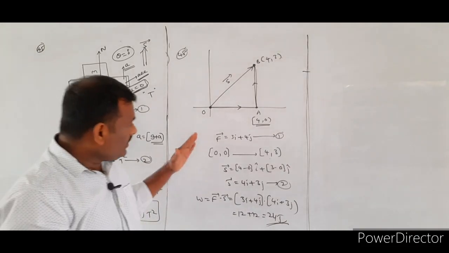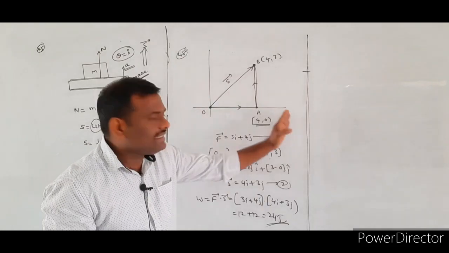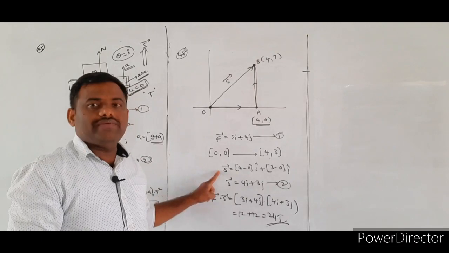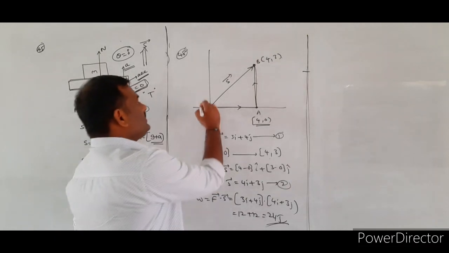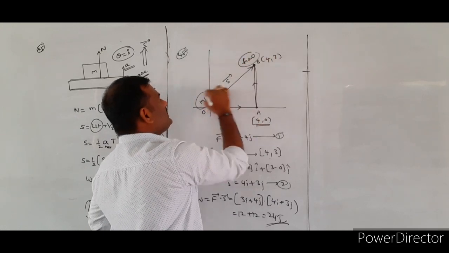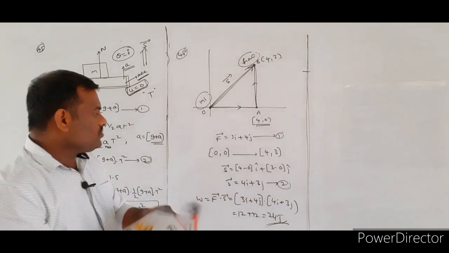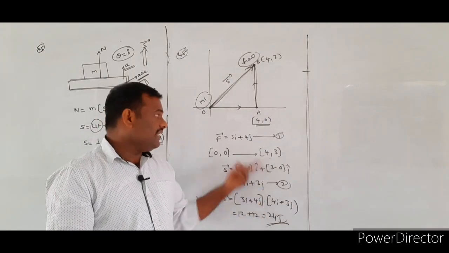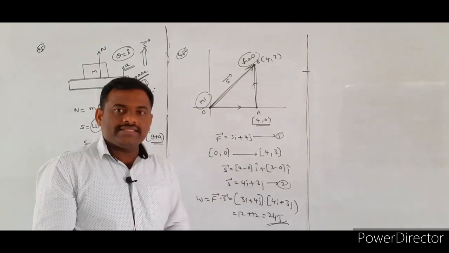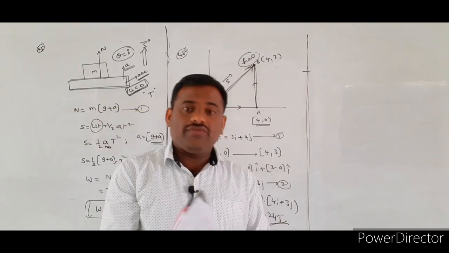24 joules. So here what is the logic we have to understand? Even though the particle is traveling along the x-axis and then turned along the y-axis, first we have to find the displacement vector. Displacement vector is always drawn from initial position to the final position. So displacement vector is equal to 4i plus 3j, force is equal to 3i plus 4j, work done is equal to F bar dot S bar. The final answer is 24 joules. So these are the numericals about the first part, work done.